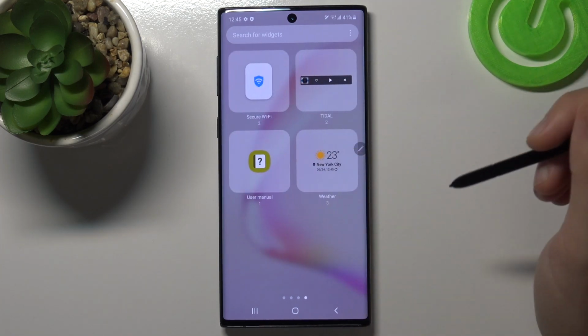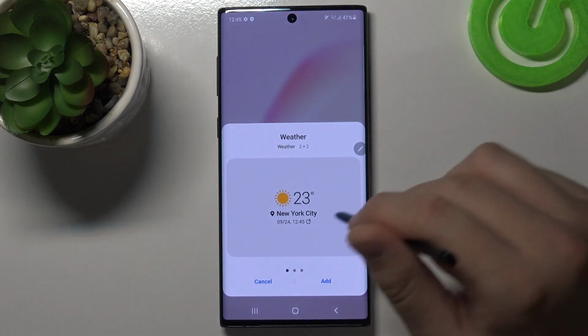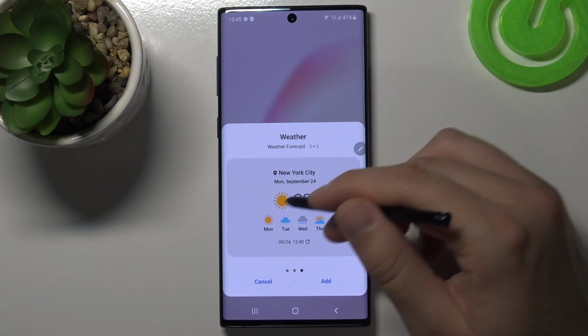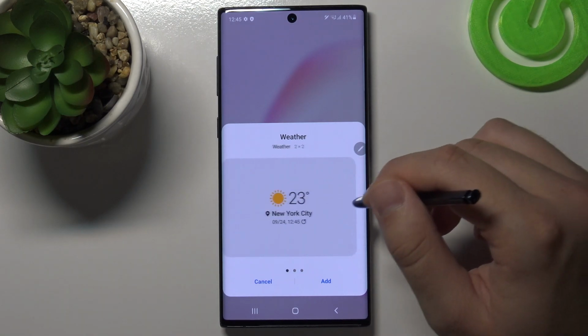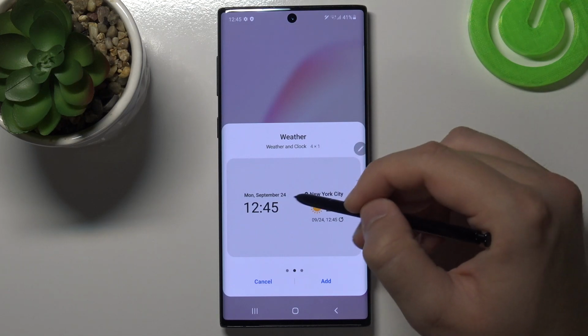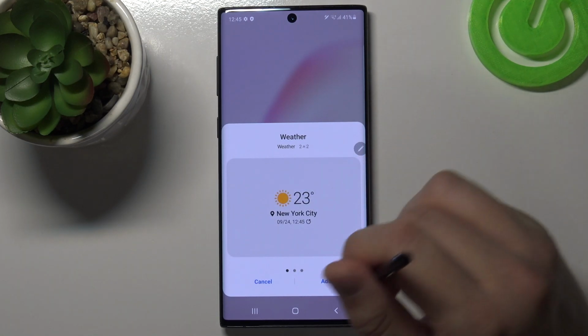I will take probably the weather. So click here on it, and when you swipe on the right you can also get here the other theme of that widget. So I will take probably this one, and in this place you get also size of the widget. So let's do this one, the small one, 2x2. Click add,